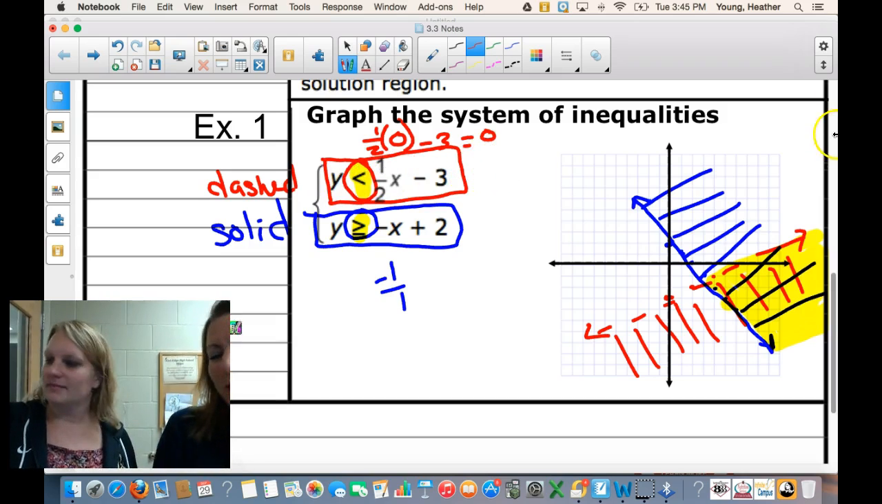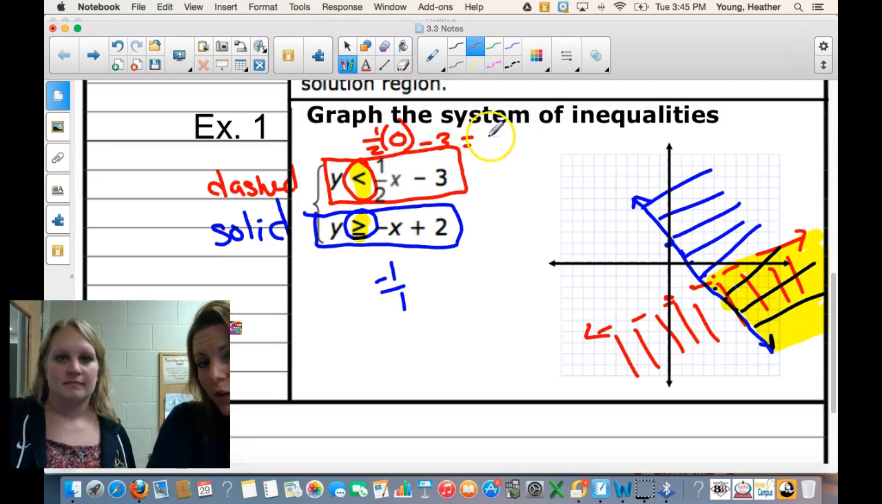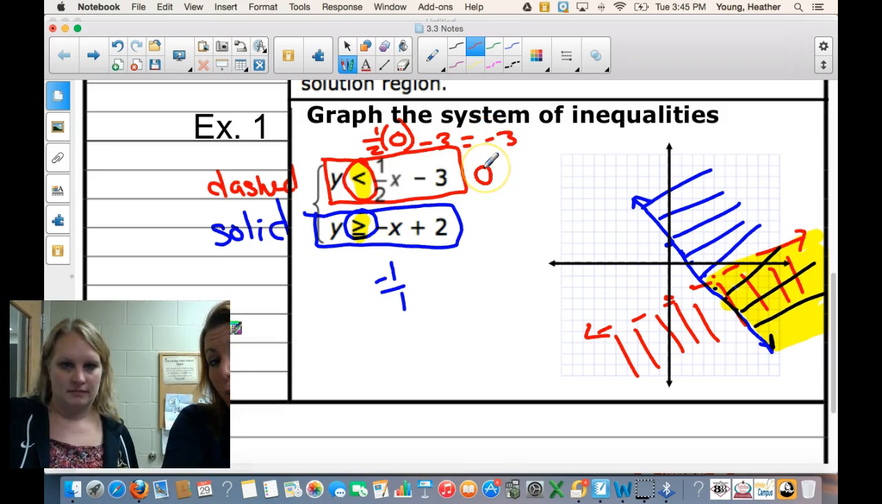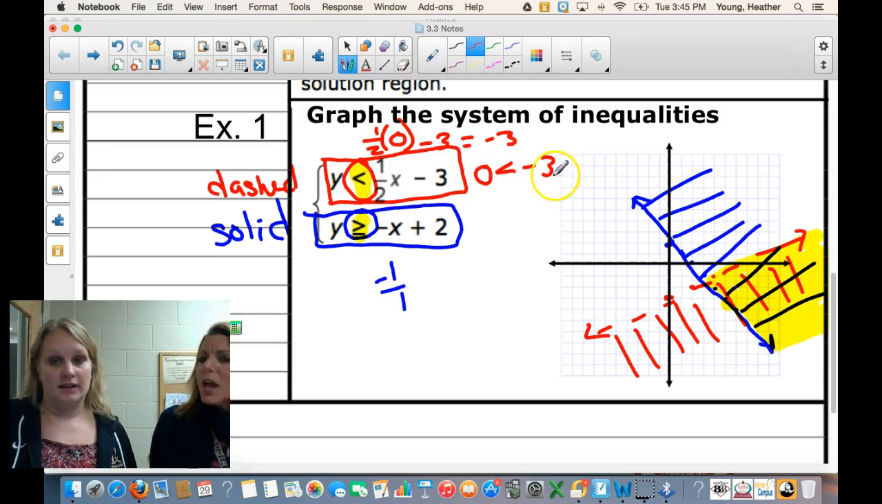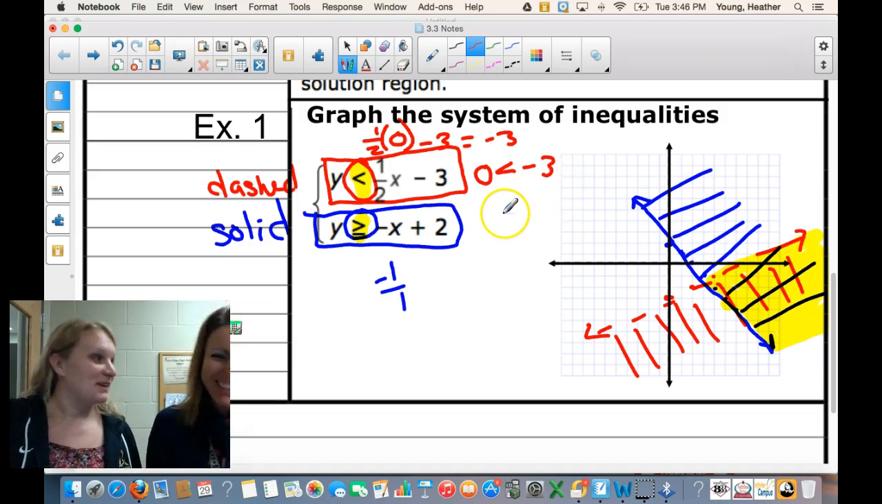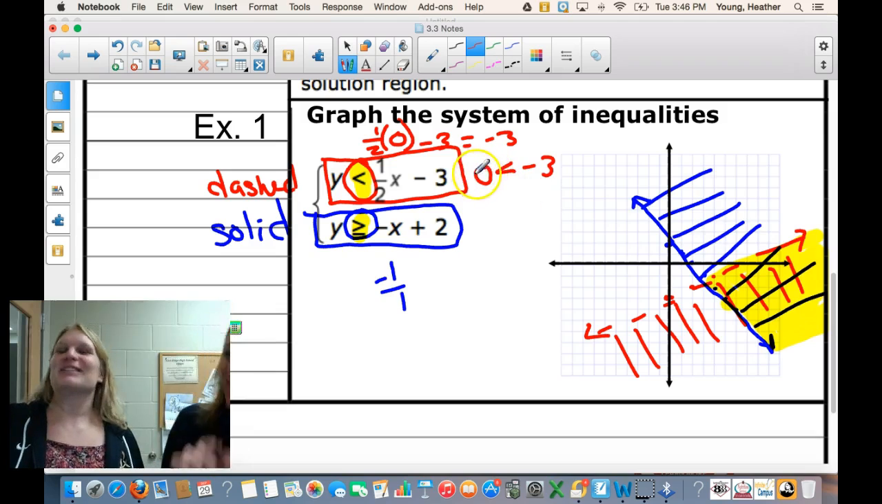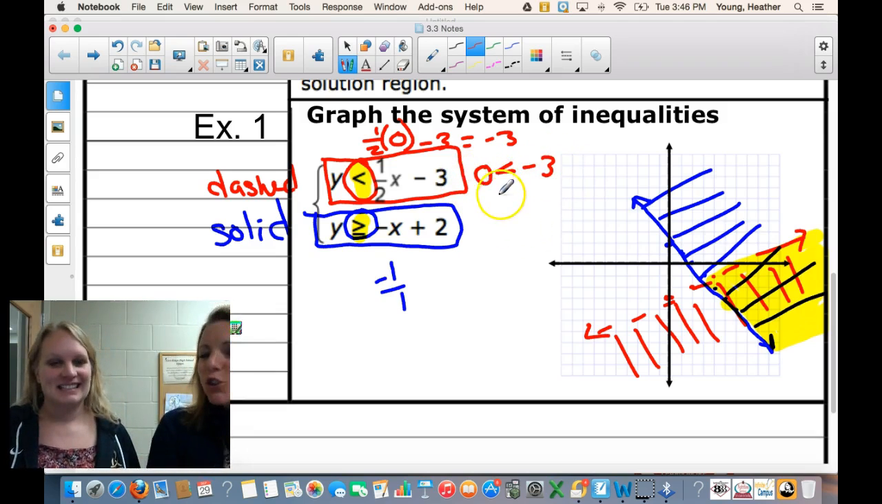So maybe erase that 0. Now let's show that the right side of that inequality, 0 minus 3, is -3. Now let's look: if you plugged in 0 for y, is 0 less than -3? Is that a true statement? No, 0 is greater than -3. So if you look at our graph,